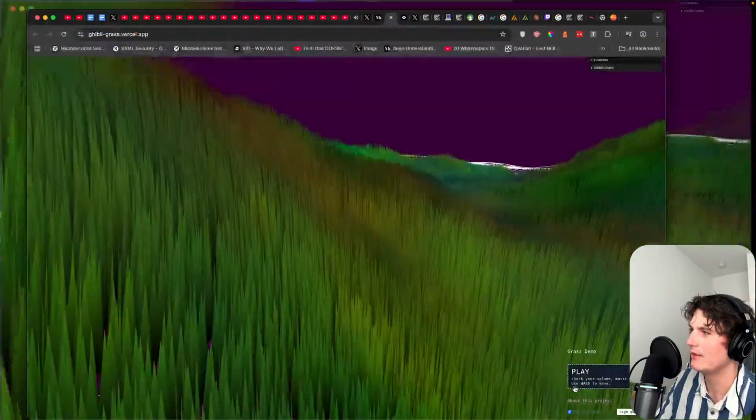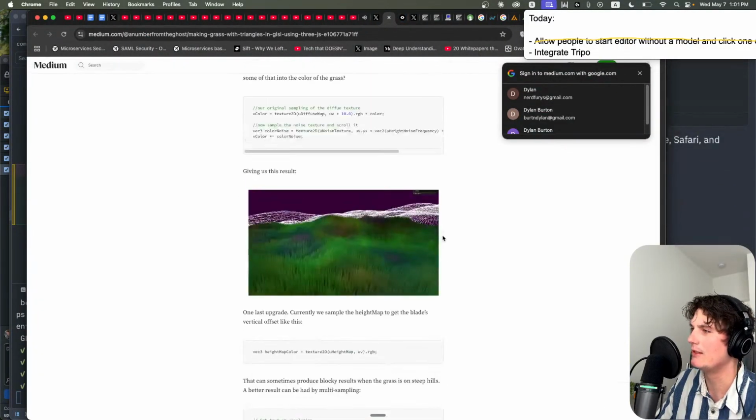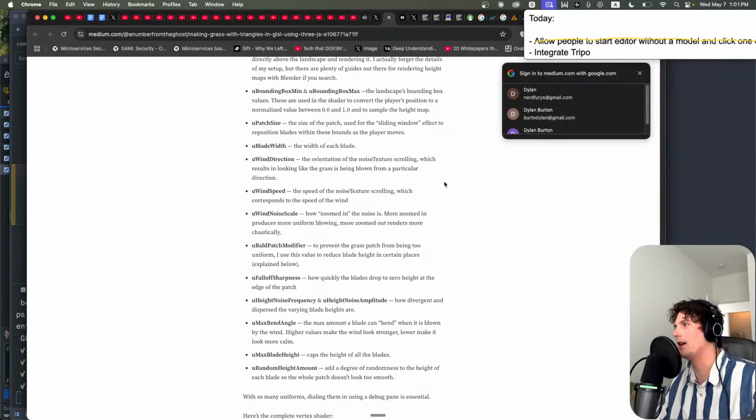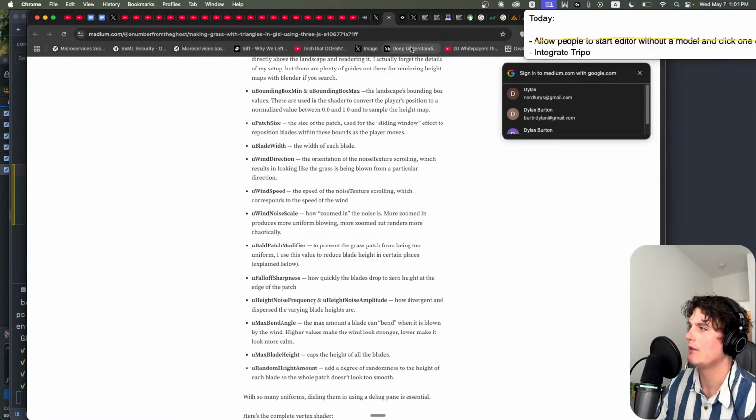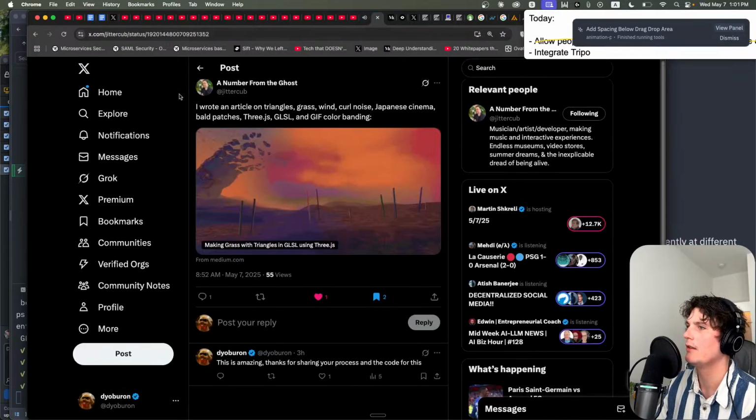And it also flows in the wind. It's pretty neat. So I think what I would do to implement this is, well, he open sourced it, so you clone the project and learn about what he's doing. Anyways,